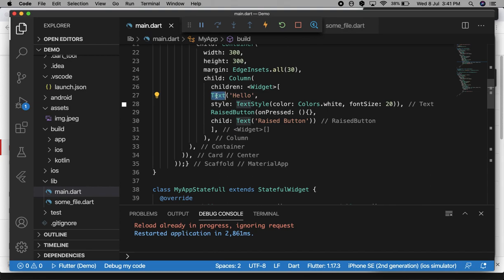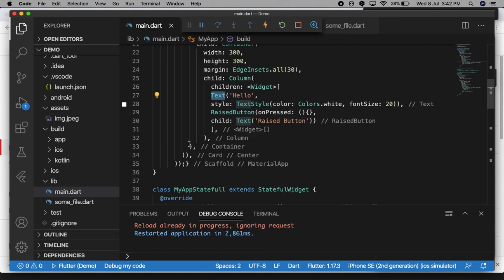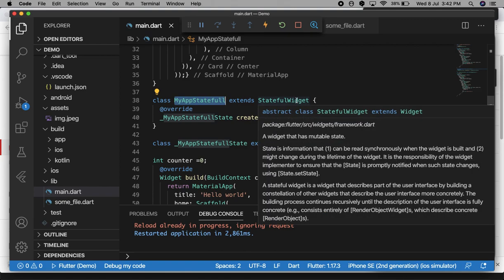Now I'm going to discuss the custom widget. So you can see text is a widget, raised button is a widget. For a stateful or stateless widget, we have created a class that extends stateful or stateless widget.